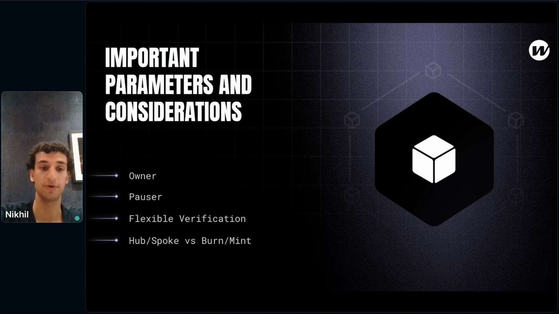And so the owner has some administrative capabilities, for example, setting rate limits, unpausing the contract, setting all those configuration parameters. So it's important, we've seen projects set the owner to be DAO governance contracts. So it's important to think about who that should be. Some projects are willing to take more risk, and have the pauser just be a single EOA. Other projects have it be like a small